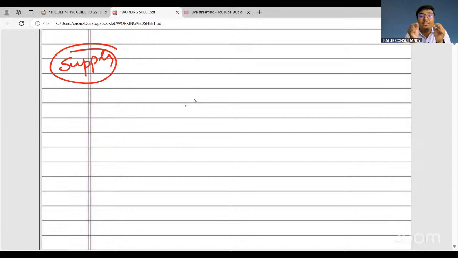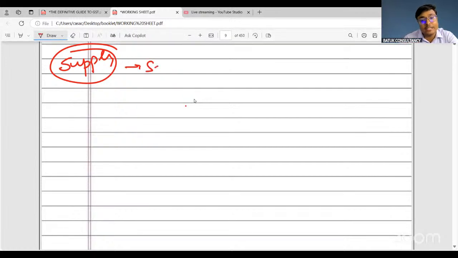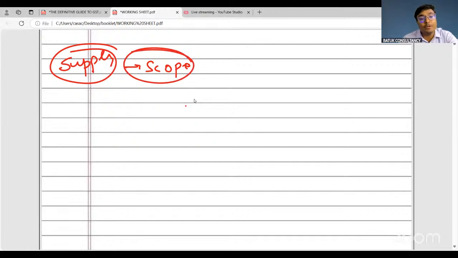Hence, the government has decided on a specific figure point, and that is called supply. They wrote clearly that whenever there is a supply, then the question of GST arises. So they have decided a baseline for the applicability of GST, the scope of GST, through this term supply: whenever there is a supply, yes, GST will be there.